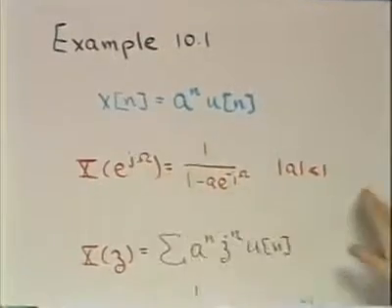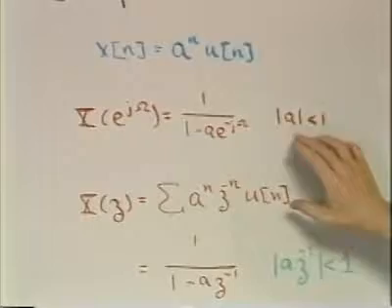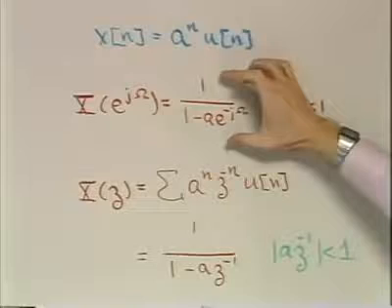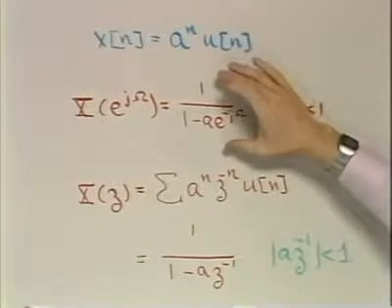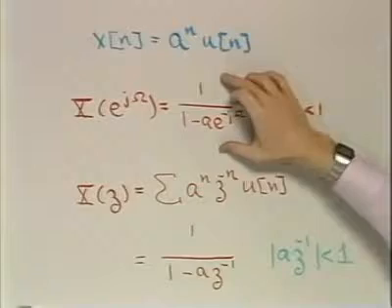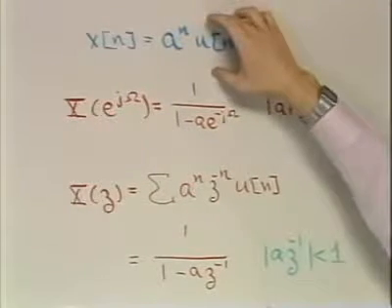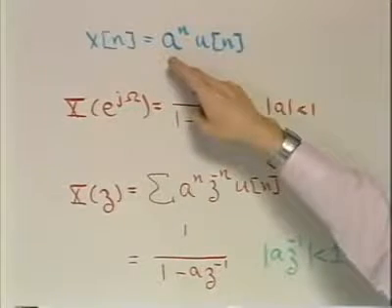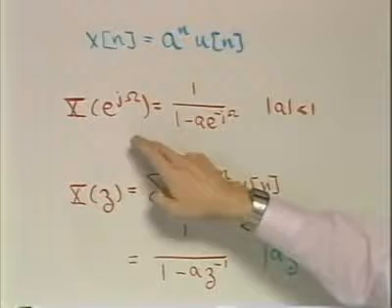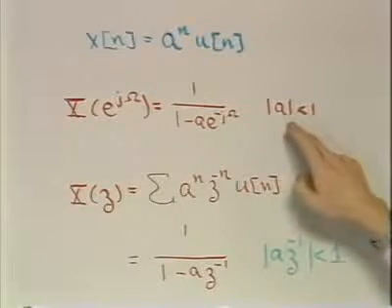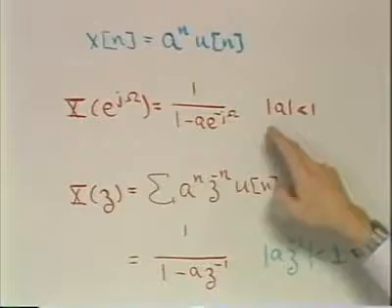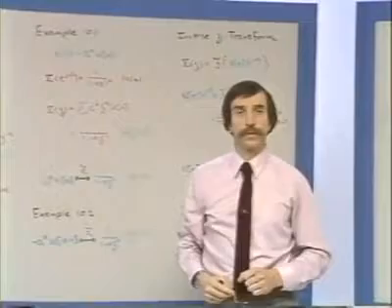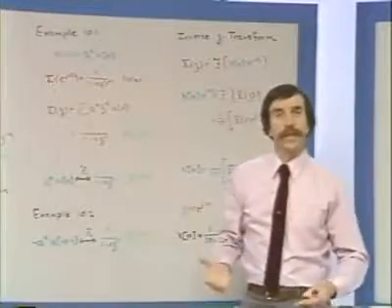And the Fourier transform, as we've seen in earlier lectures, is 1 over 1 minus a e to the minus j omega. But this doesn't always converge. In particular, for convergence of the Fourier transform, we would require absolute summability of the original sequence. And that, in turn, requires that the magnitude of a be less than 1. So the Fourier transform is this, provided that the magnitude of a is less than 1. And what is the Fourier transform if the magnitude of a is not less than 1? Well, the answer is that in that case, it doesn't converge.